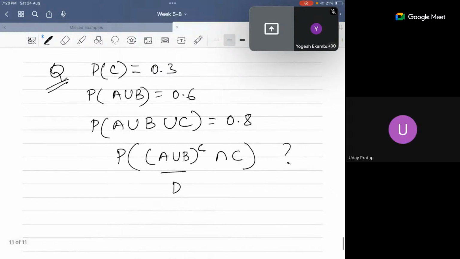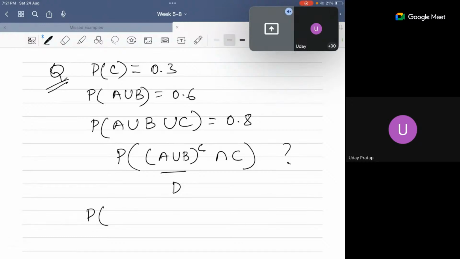Probability of A union B union C minus probability of A union B minus probability of C. Yeah, you can just take that. If you take A union B as D,